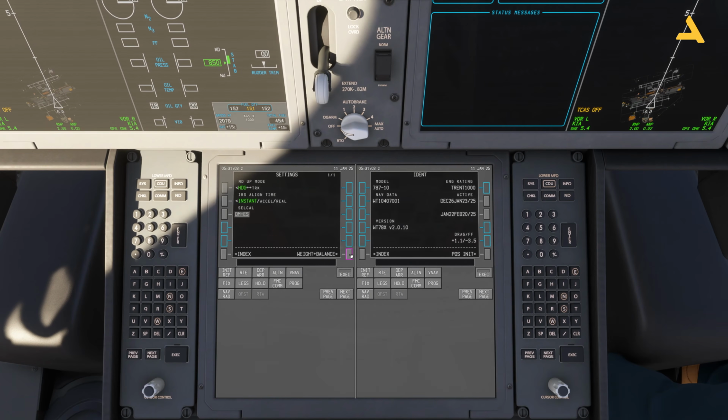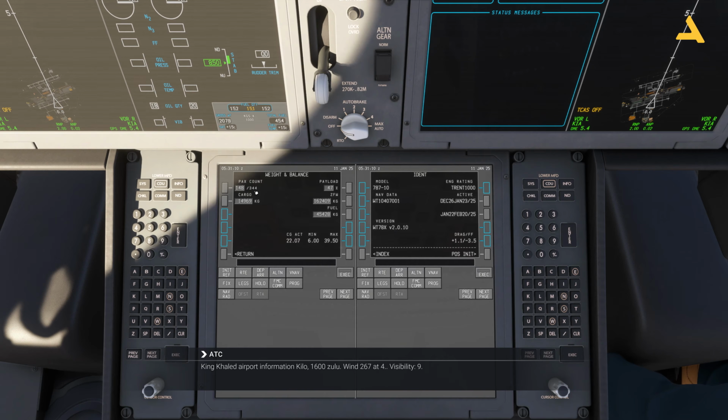And now you can get the weight and the balance of the plane from here, and you can also set it. So the maximum,